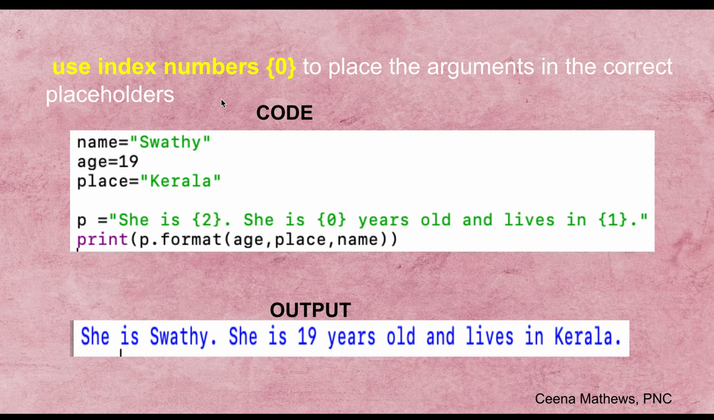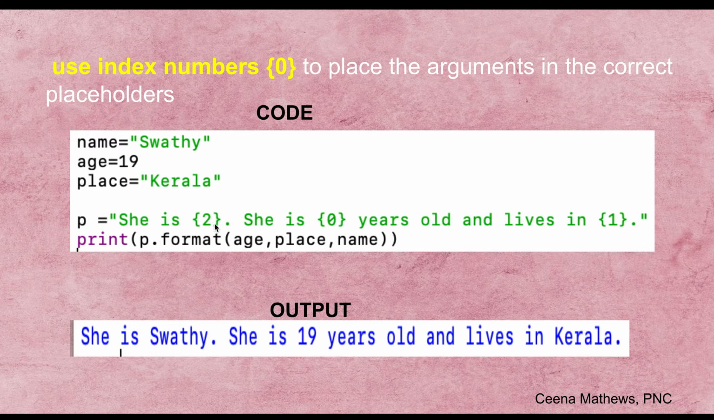And this is again format using index numbers. In the placeholders you can use the index numbers. If you don't specify the arguments or parameters in the correct order, these index numbers will help you to place them properly. Again, I have used here three variables, name, age and place, and the same variable is used here, but